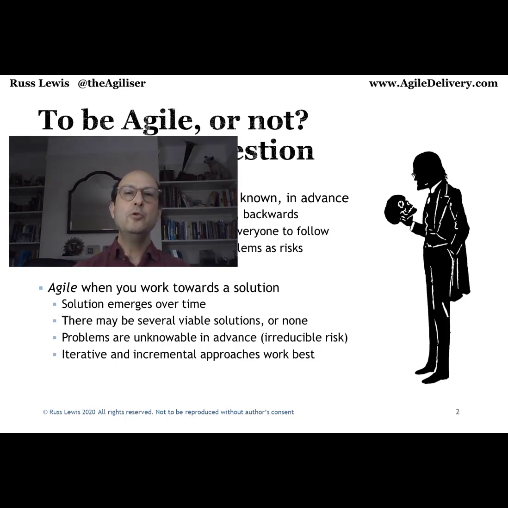Now, iterative normally means that cycle of plan, do, check. And that's a cycle that we're very familiar with. Incremental means building on top, but building things that are complete and ready to go. And when we're breaking things down in a plan-driven way, which we do, of course, because that is the best way to do a big project, is break it down into smaller bits. Sometimes it's okay, or it's very common, for those small pieces to have dependencies and just wait for those dependencies. And the Agile approach will try and avoid that and make sure that each increment of work is fully complete and does not have to be revisited.